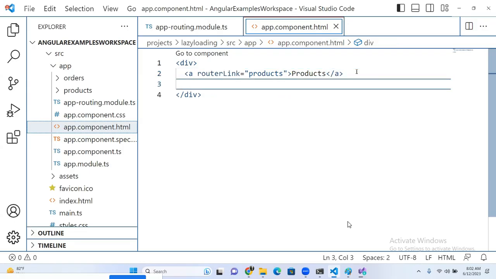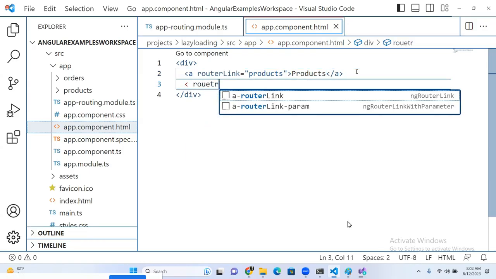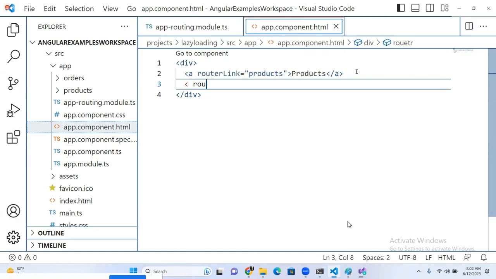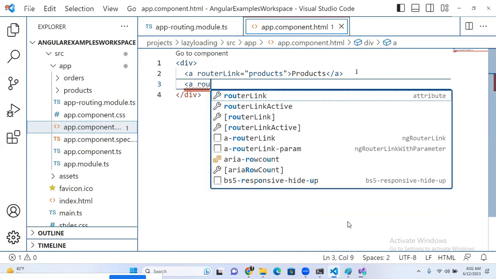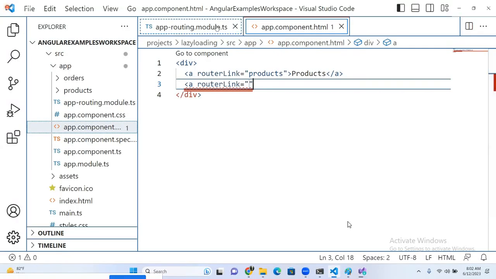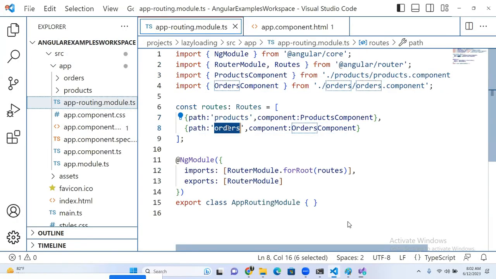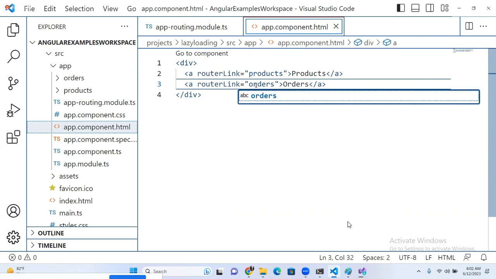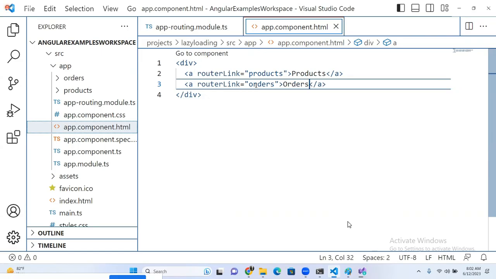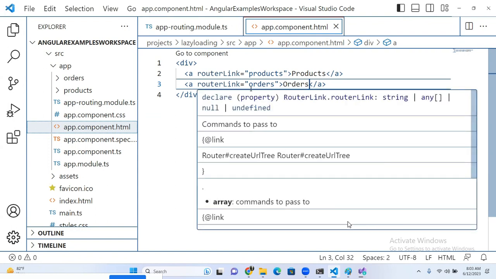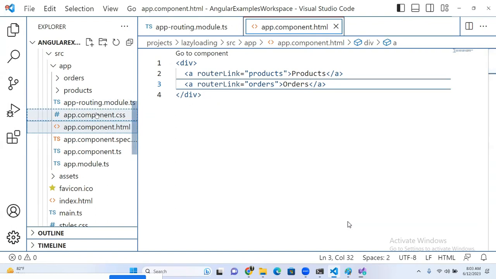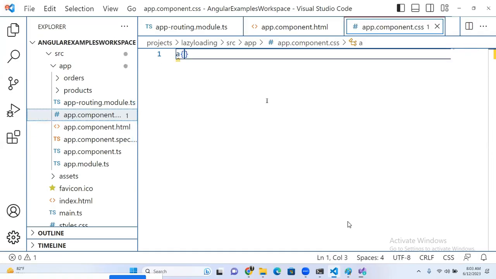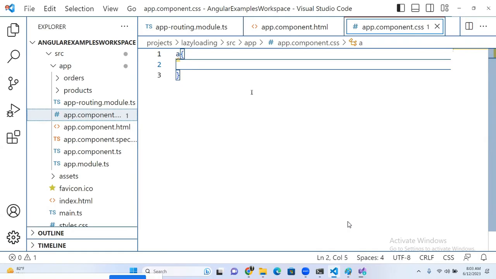And at the same time, I'll be taking another router link also. I'll be taking an a tag, and then routerLink is equal to orders, and then I'm coming here. Let me give that orders. So there are two links that I have created, and I just wanted to write some CSS for this. Let's say I have an anchor tag, because the look and feel is not going to be good at all. If you want, I can run it even